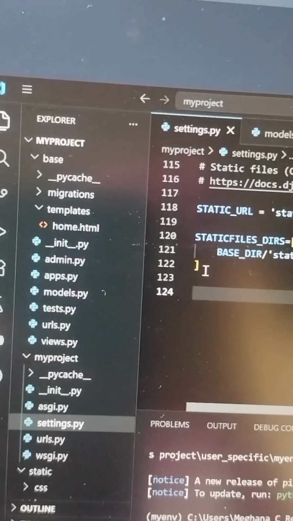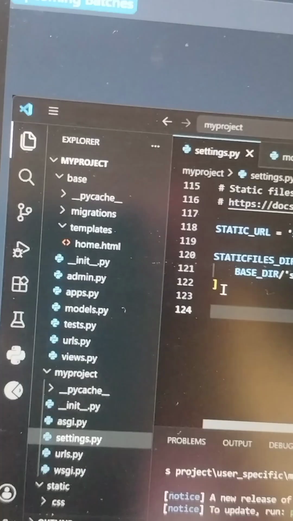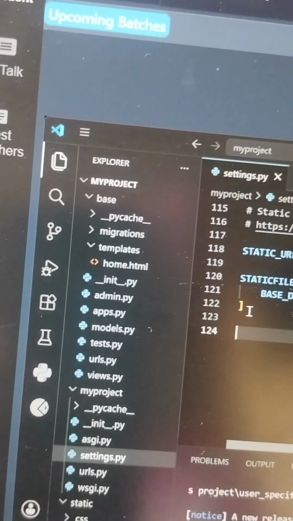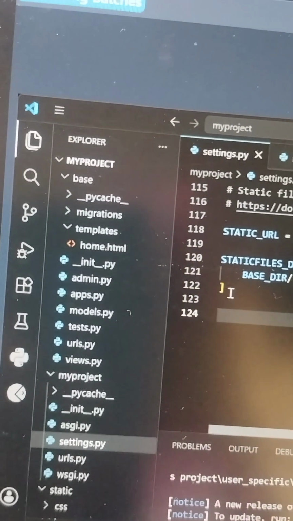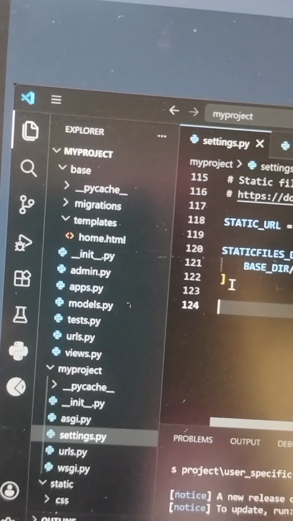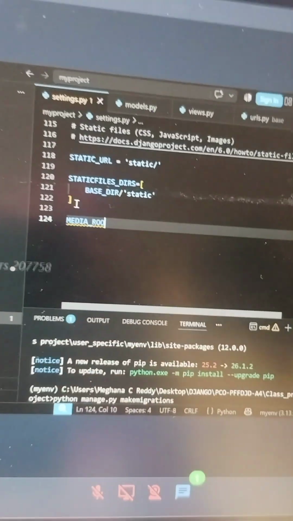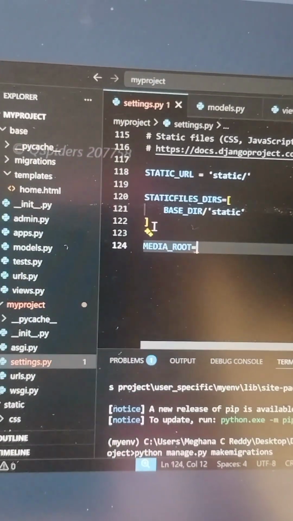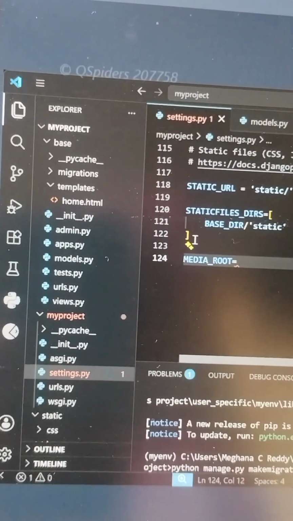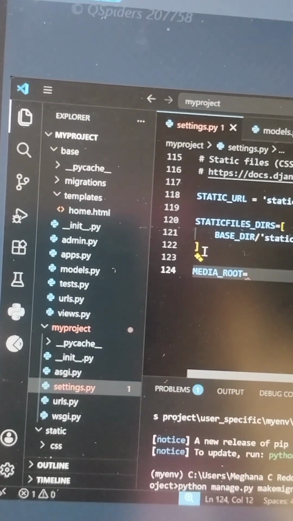So after this, you need to configure your uploads folder. You need to tell where actually the uploads folder is present. It is decided by a variable by the name MEDIA_ROOT. You need to give the same spelling, MEDIA_ROOT. In the media root, you need to tell the path where the uploads folder is present. It is present inside the base directory, static folder, images folder. So BASE_DIR